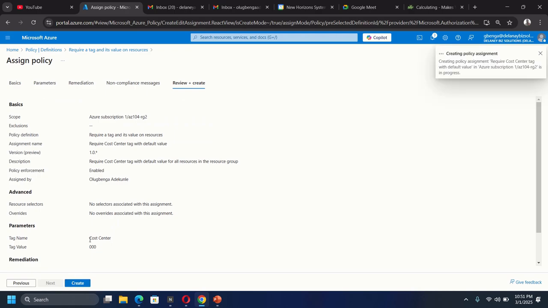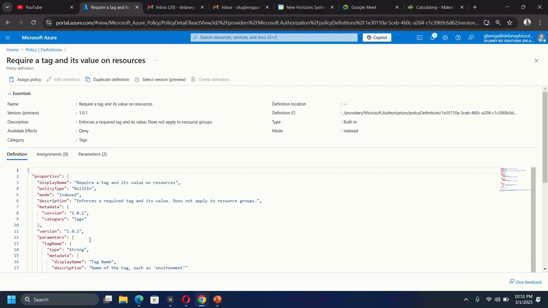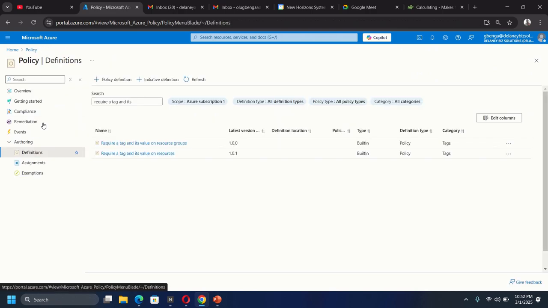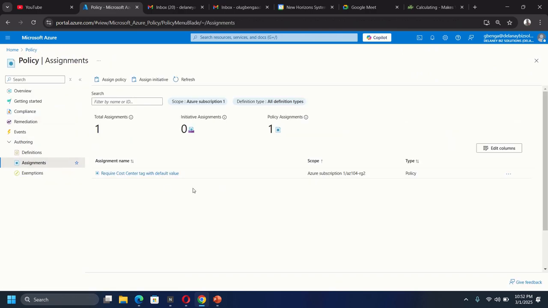So it's creating the policy assignment now. Please note that we are going to verify the policy assignment once the assignment is actually ready. So I'll wait for the assignment to be ready. Let me check this notification if it's ready. Yes, I think it's ready. Okay, let me go back to the policy under the assignment. Yes, it's here. And look at the scope. It's on Azure subscription 1, and this is the resource group